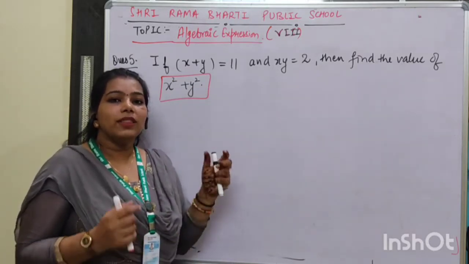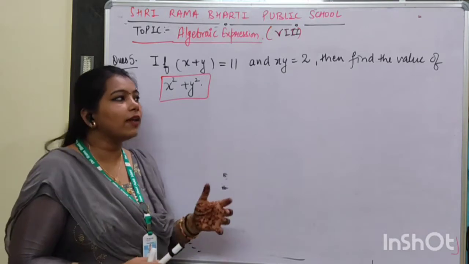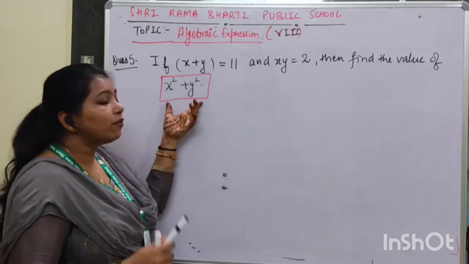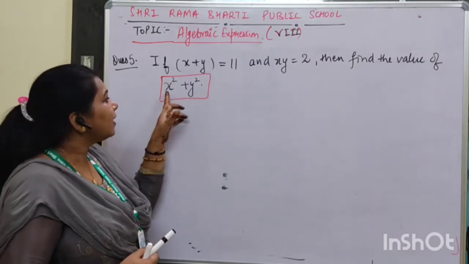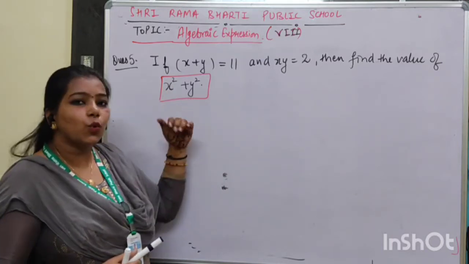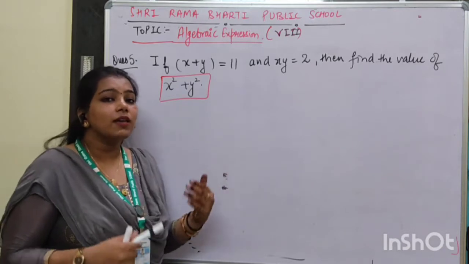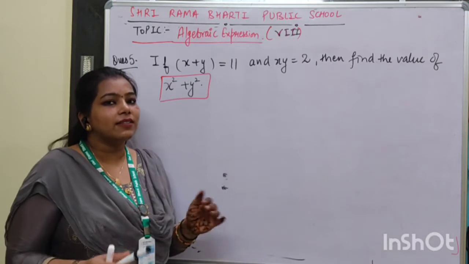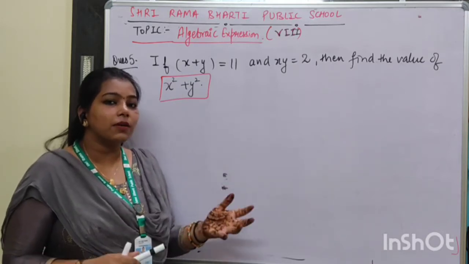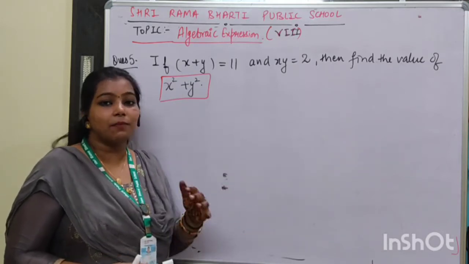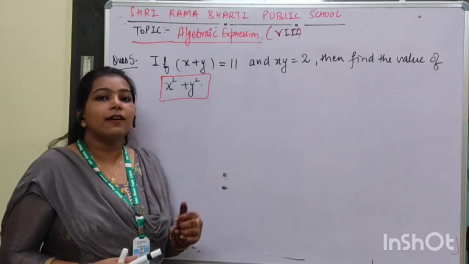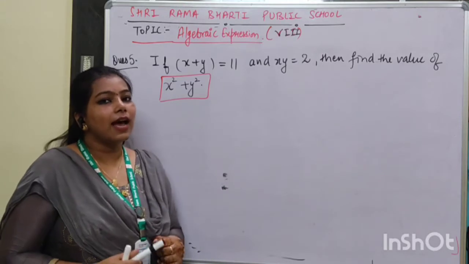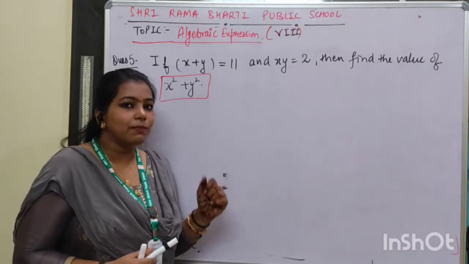Right. So when these kind of questions come where we need to find out the value of something, what we have to observe here is that it is the number which is being squared. Have we done anything like squaring of a number? Yes, in our previous classes we have done identities. So here we are going to use our identities. And how? Let me show you.